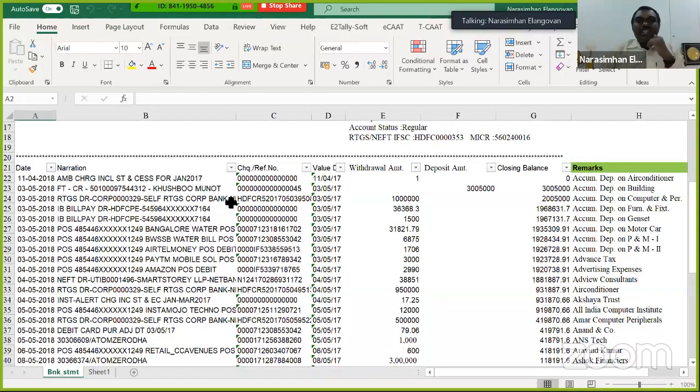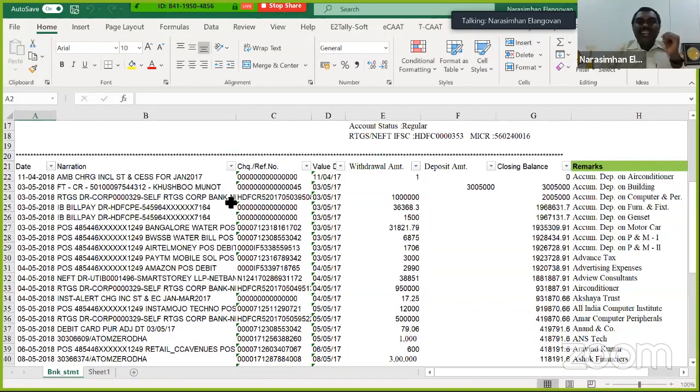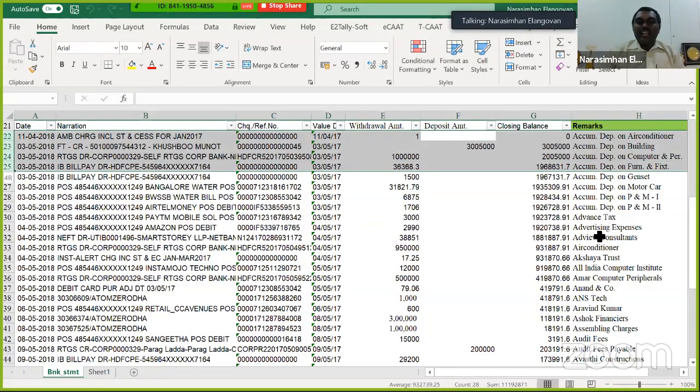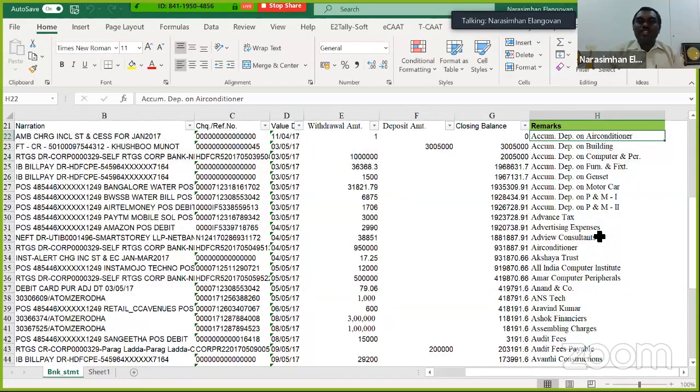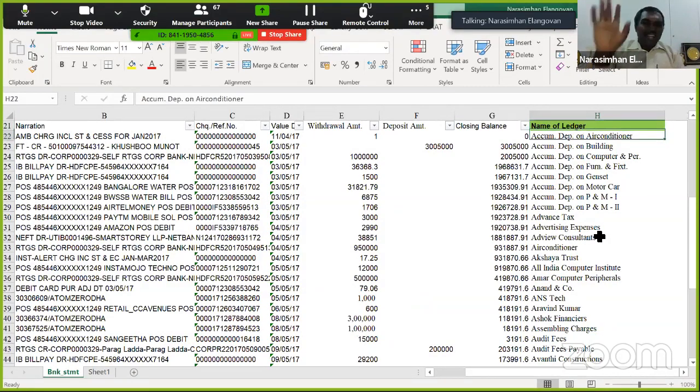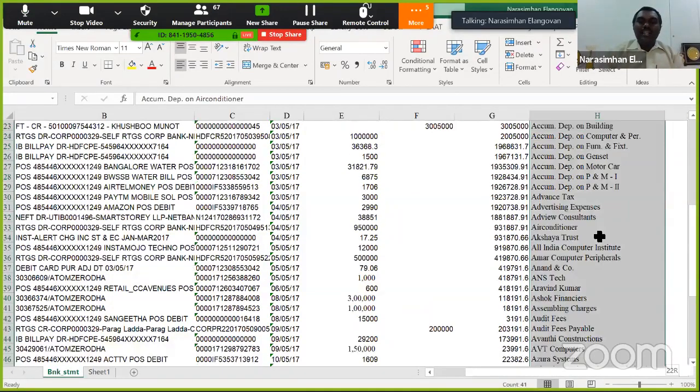Now many of us know there is a whole lot of time which is spent in entering bank statements. All of us agree? Now can I automate this exercise? Yes, it is possible. How do I do it? Only one small thing you have to do is catch hold of your article staff, and ask your article staff to enter the name of the ledger against each of these. Can you find it here? Against each of these, they have to just enter in column H, remarks, the name of the ledger.